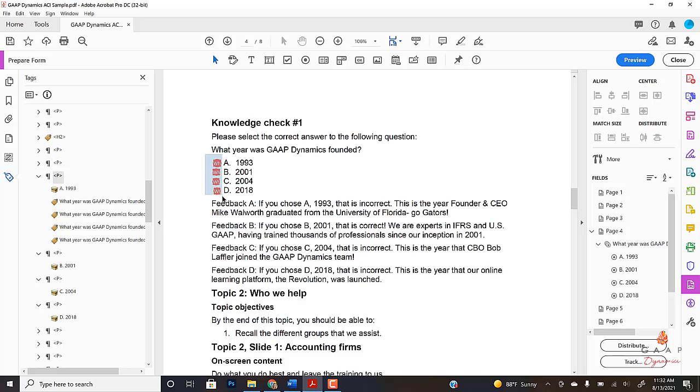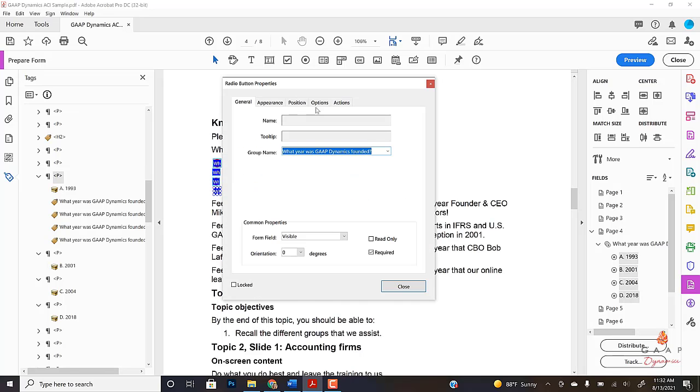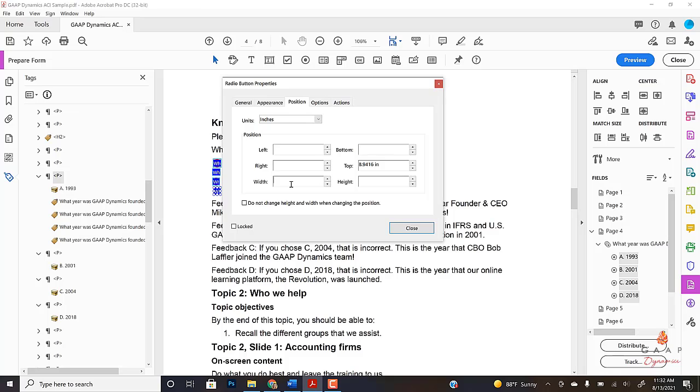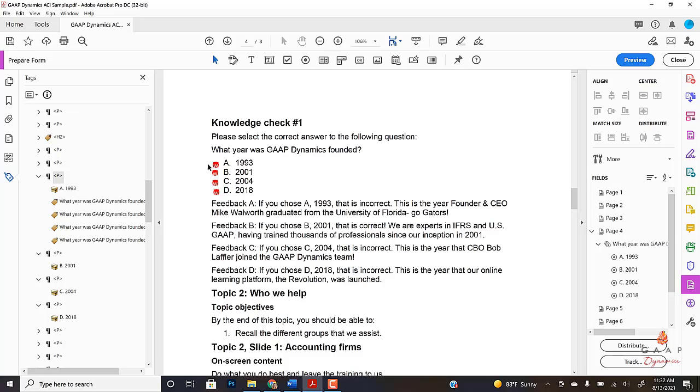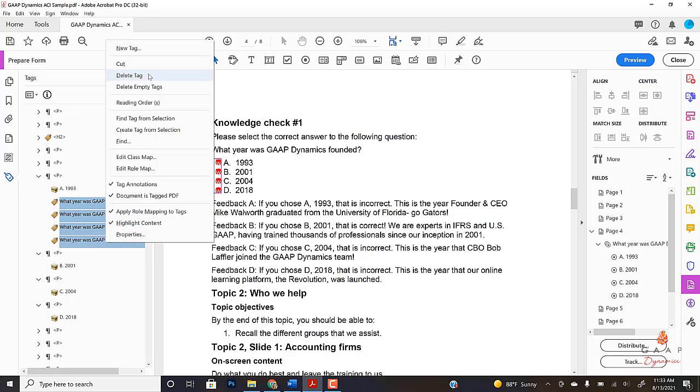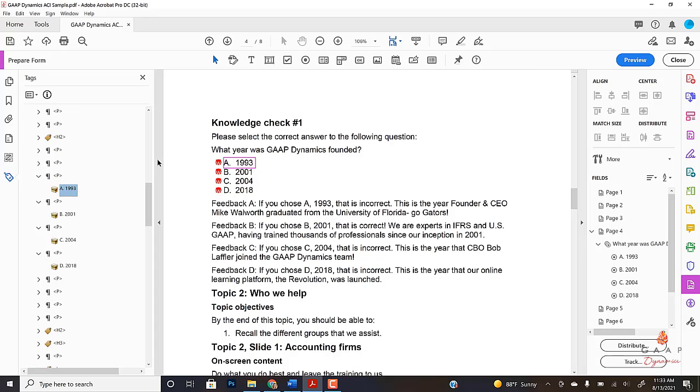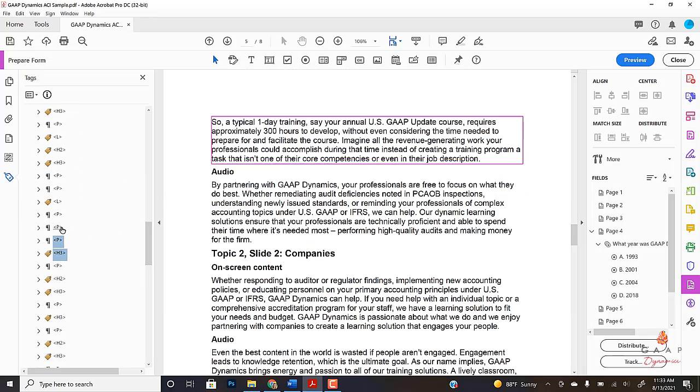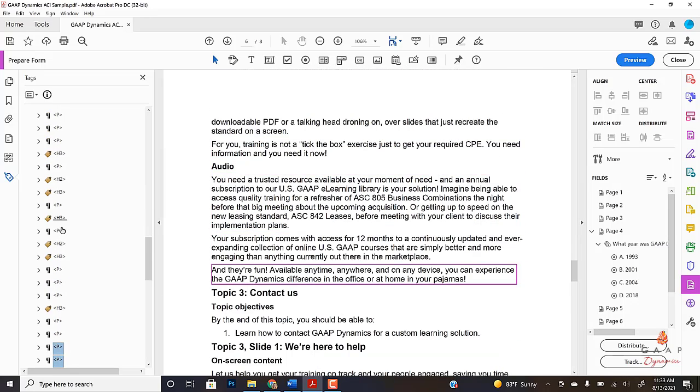Perfect. And then what I like to do is select all of the buttons, go to Properties, and then go to Position, and just make them nice and small and the same size. Then I just rearrange them to make sure that they all line up. Now, sometimes these tags come in, again, go ahead and delete them because we're going to do it manually to make sure that it tags exactly where we want it to. So now if we hop down to the last page here,